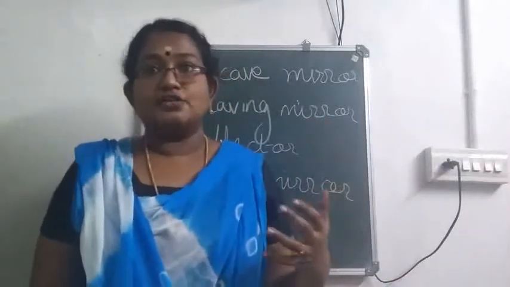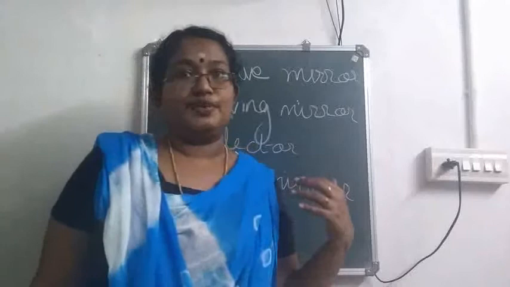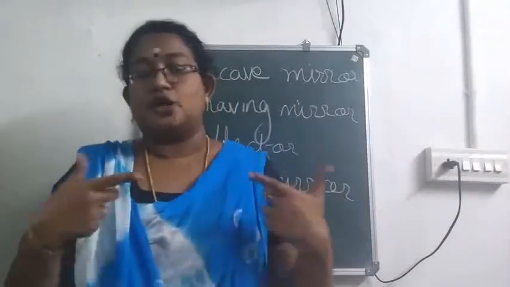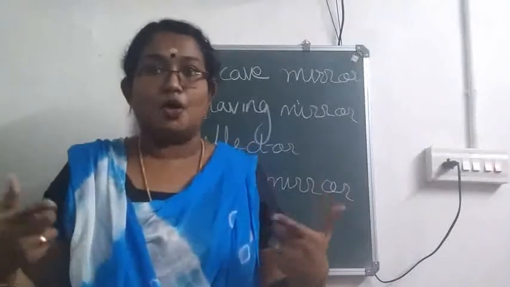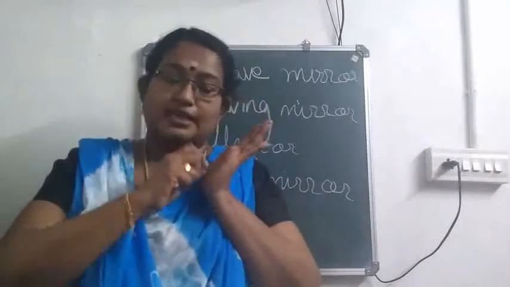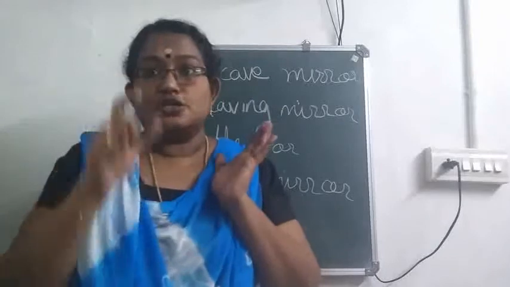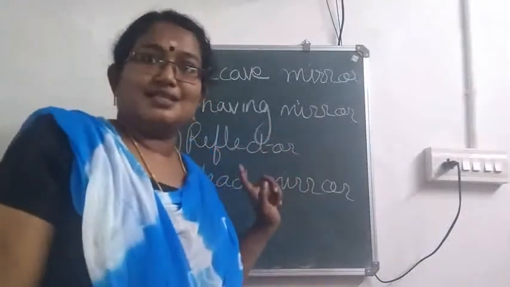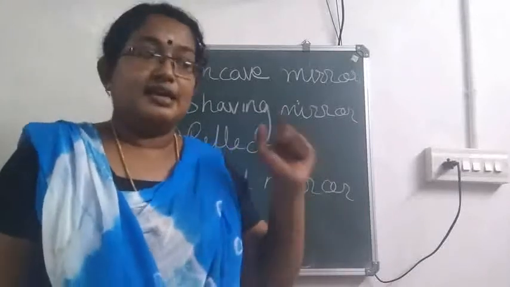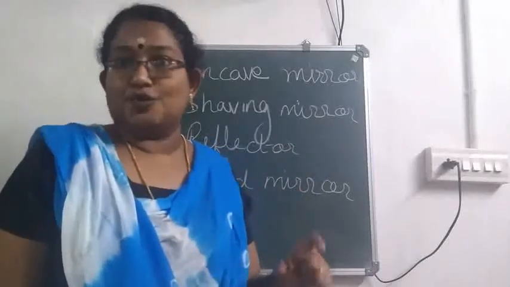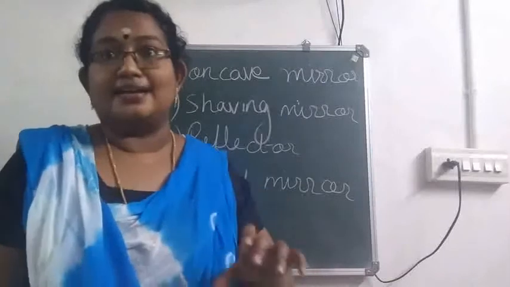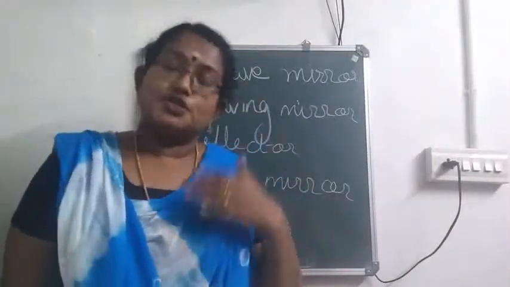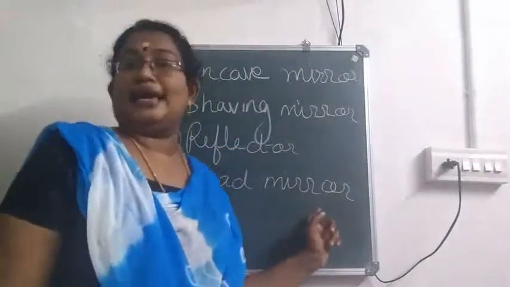So the light rays coming from different points will meet at a point. When you are considering a dentist or a doctor, they want to focus at a particular point. So if you are considering the first case, that is, when the light rays are coming from infinity, the image will be formed at the focus. That means you will be getting the rays meeting at a small point, isn't it? So that is used in the case of head mirror.